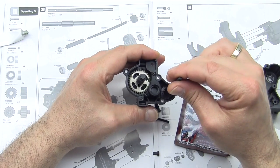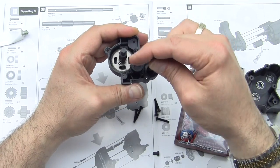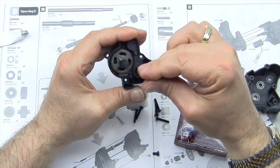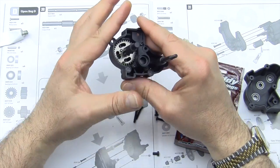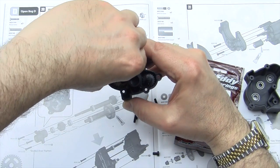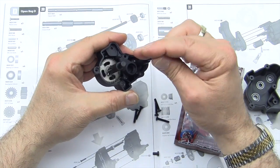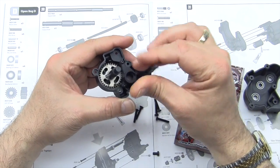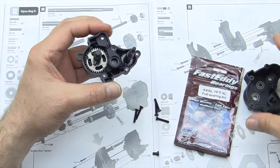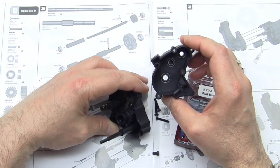I guess if you wanted to, well, I was going to say you could pull this gear out and do it, but it's probably just as easy just to drop a little grease in there. I'm going to put a little more in, just to keep things lubed up real nice. There we go. Okay. Now we are going to grab this section, make sure your bearings are still in there,